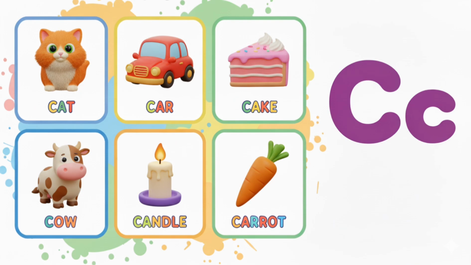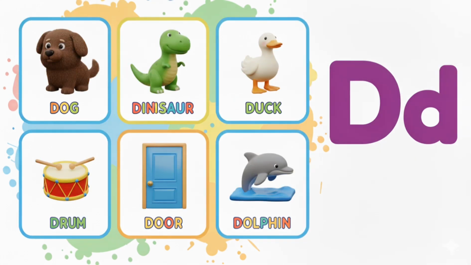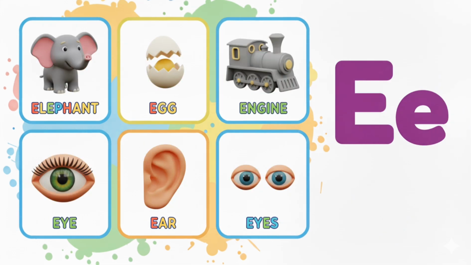for car, C for cake, C for cow, C for candle, C for carrot, D for dog, D for dinosaur, D for duck, D for drum, D for door, D for dolphin, E for elephant, E for egg, E for